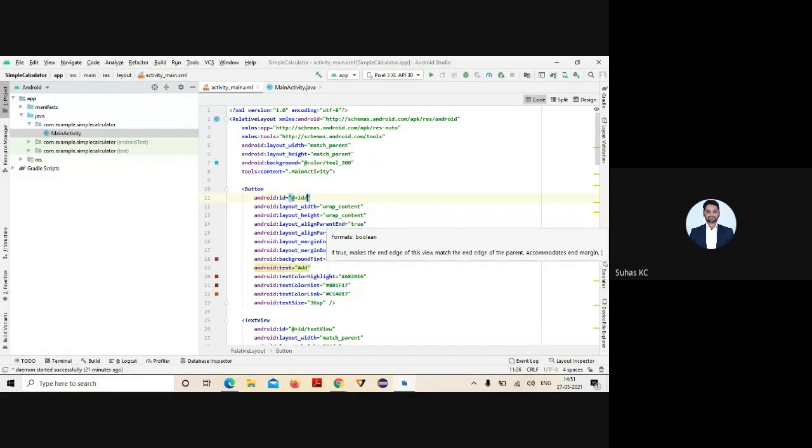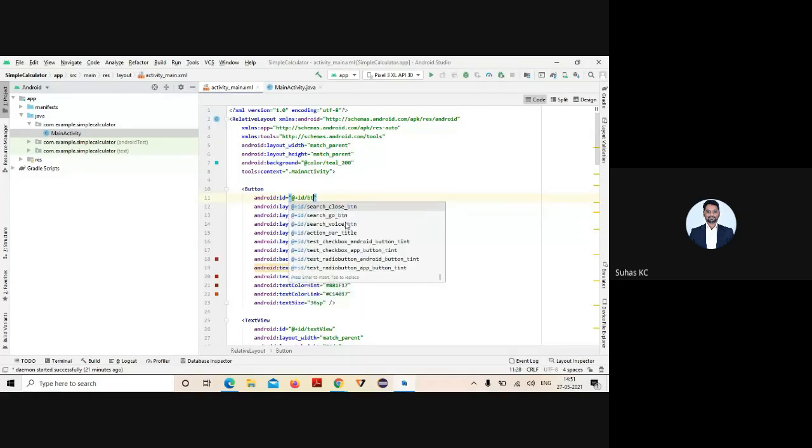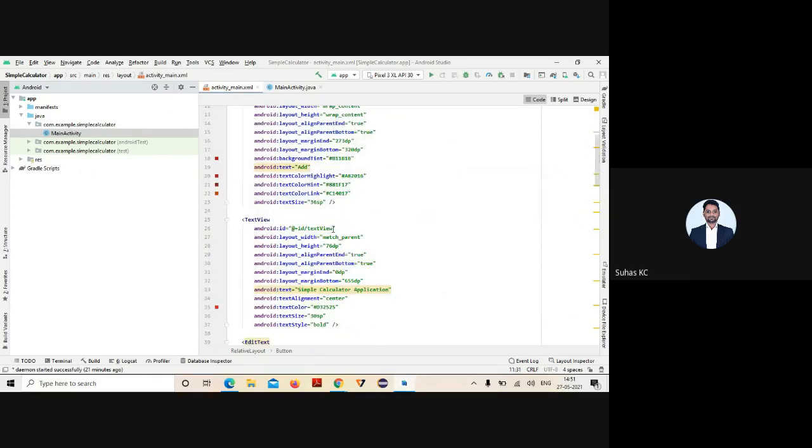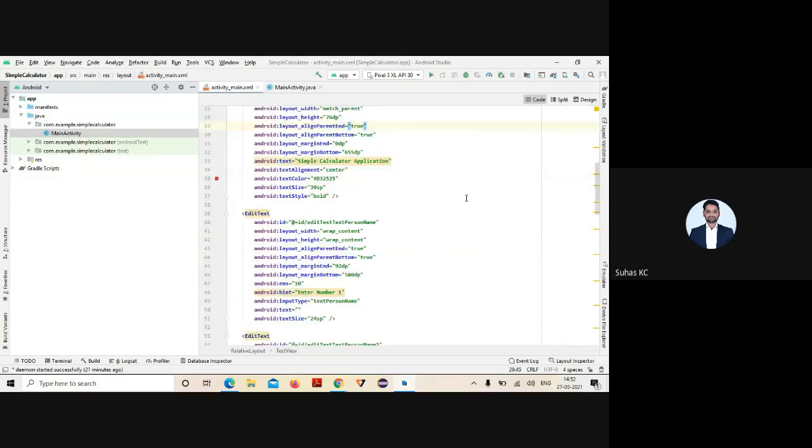Okay, it is used for something like add, btn underscore add, or btn1, button 1 on ID. Create button 1, and to display the result, I'll take a text view component with the ID res, actually result. And one more edit text is there, right? So for the edit text, I'll take the component as something like ed underscore.